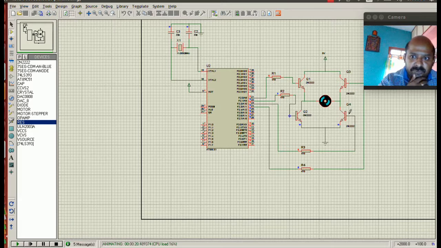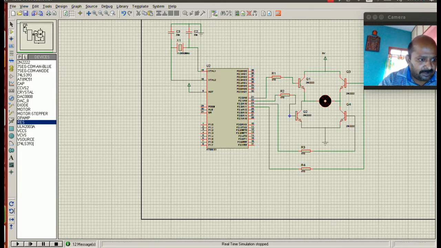Now if I want to change the direction of the motor, at that time I need to assign 1 to the base of Q2 and 1 to the base of Q3. Q2 and Q3 should be 1. So it will be 1 0 1 0, that is nothing but 0A. So let me stop this simulation. Let me go to Keil,